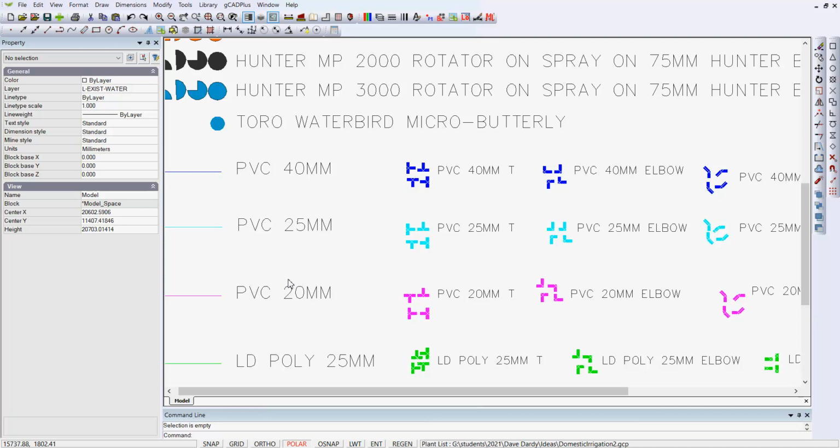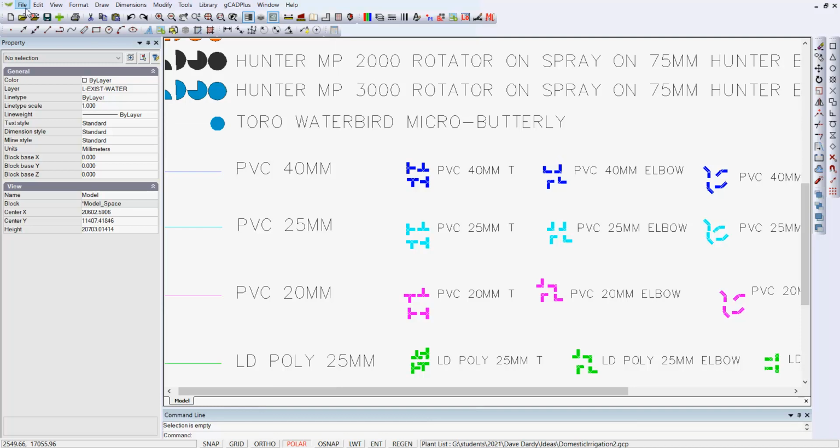you're working with gCADPlus. If I'm working on a design or drawing here which will be developed up into a palette of symbols for irrigation design, there are lots of T junctions and angle junctions and N junctions for laying out domestic irrigation systems in various size pipes. But if I say I want to save this drawing, which happens to be called Domestic Legend 4, and I